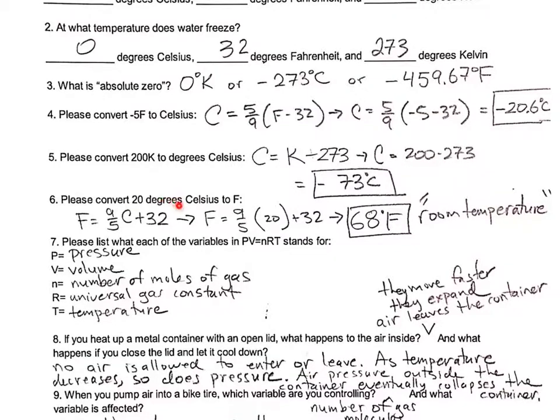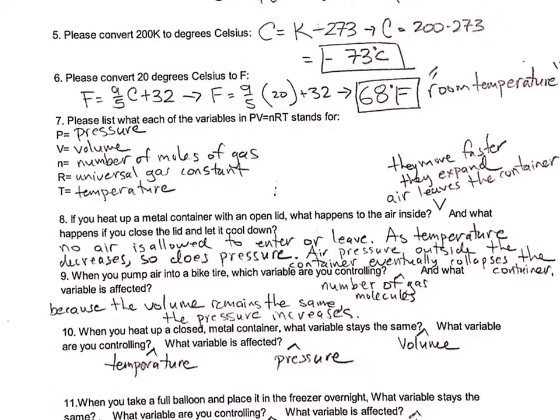So we plug in a 20 for the C and end up with F. Here you would multiply and then divide and then add. 68 degrees Fahrenheit, room temperature, meaning thermostats are usually set to this. Okay, so